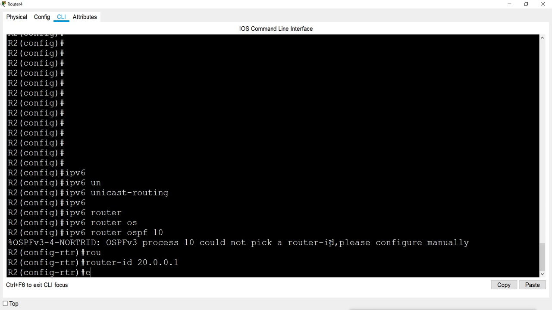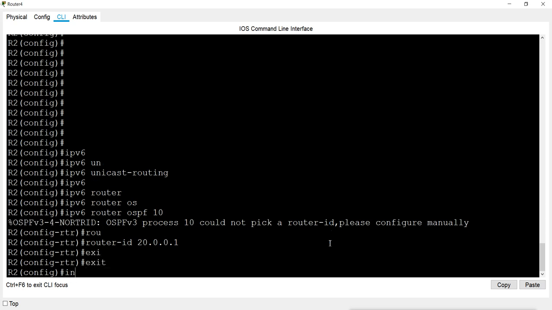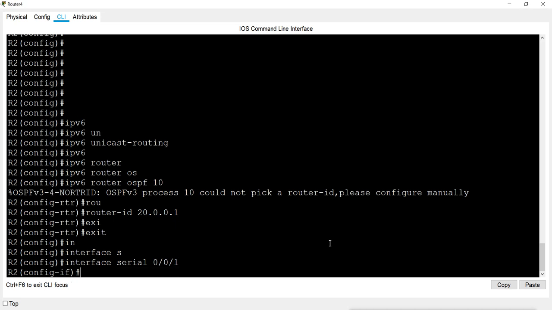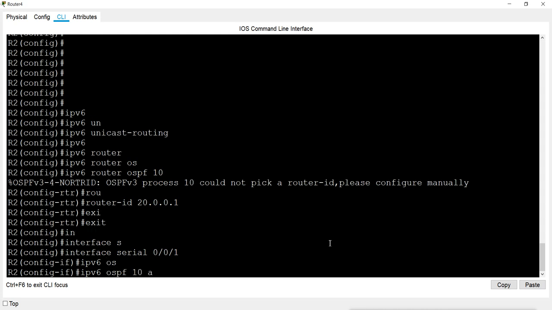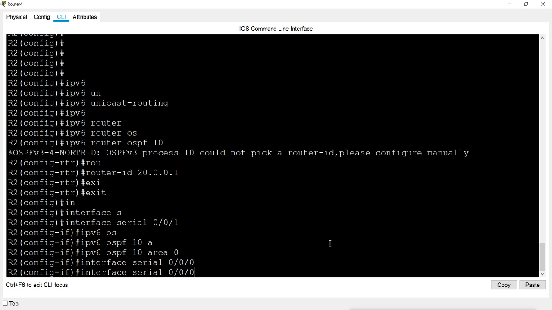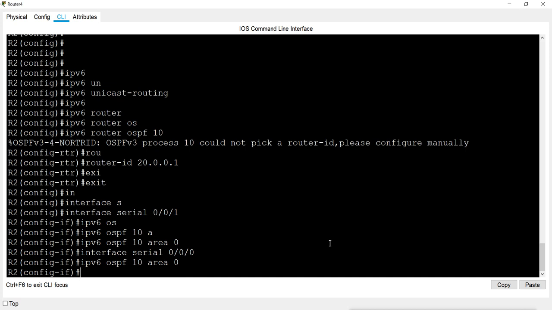Then exit from here. Now I'm going to interface serial 0/0/1. ipv6 ospf, process ID 10, area 0. On this interface also the same command.